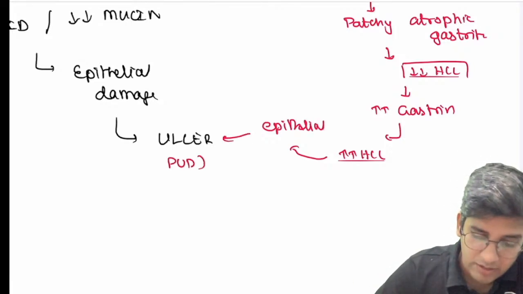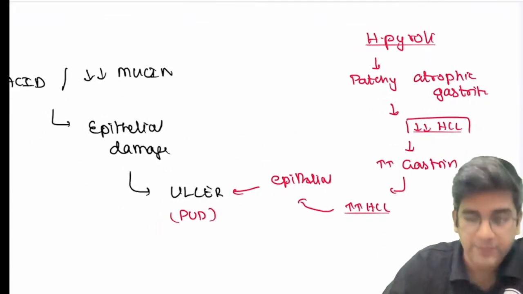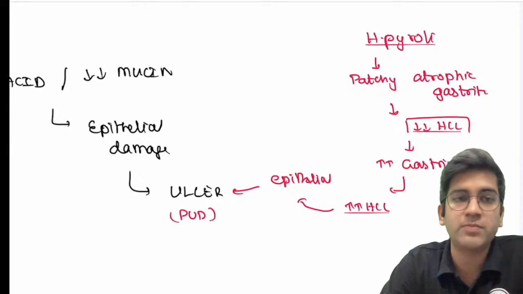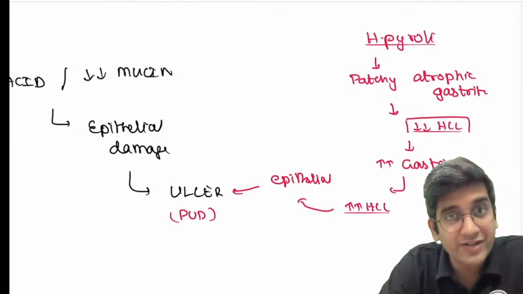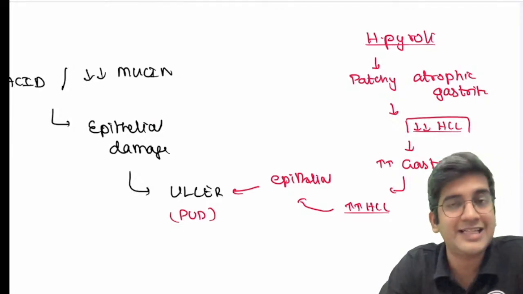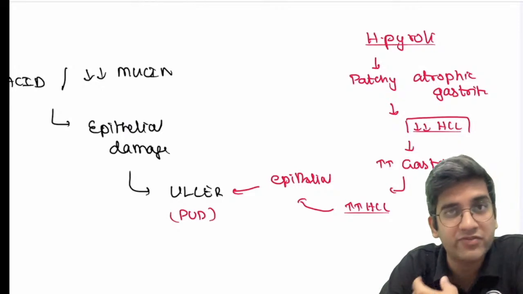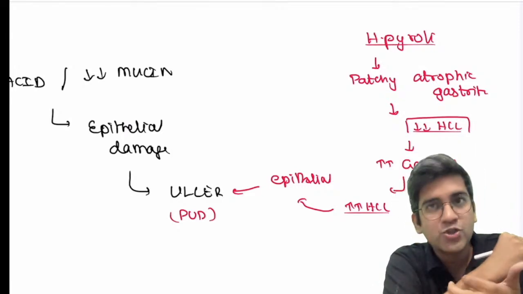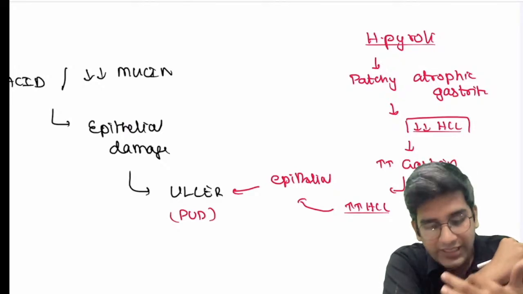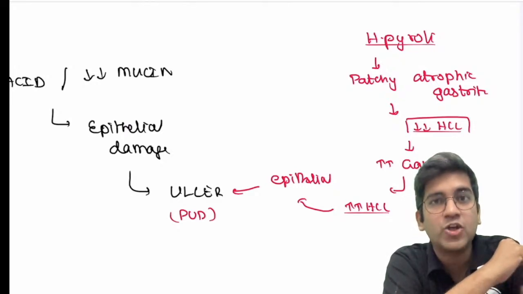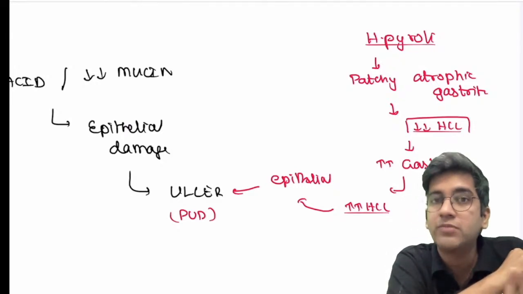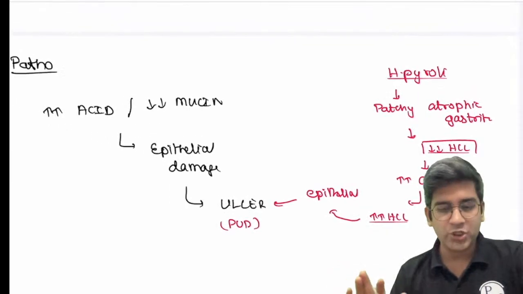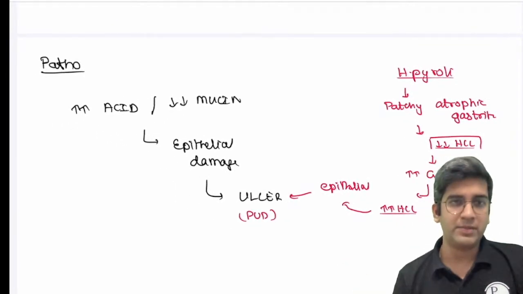So in H. pylori, it's the gastrin, a reflex due to the atrophic gastritis, that causes peptic ulcer disease. Gastritis is different from peptic ulcer disease. Gastritis is inflammation of the surface mucosa. It's not an ulcer. When a mosquito bites my skin, it's also an inflammation, right? Only when I have a loss of my skin can I call it an ulcer. Otherwise, I cannot use the term peptic ulcer or ulcer, right? So that's, in short, the pathogenesis of peptic ulcer disease, fine?